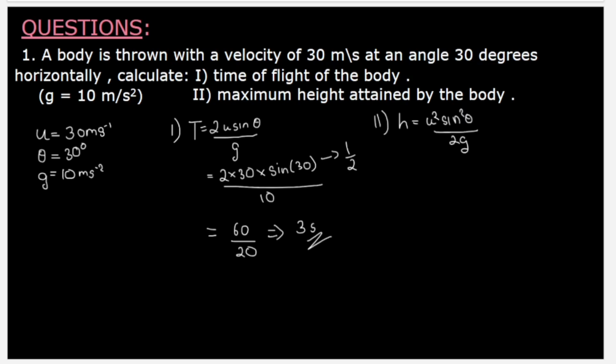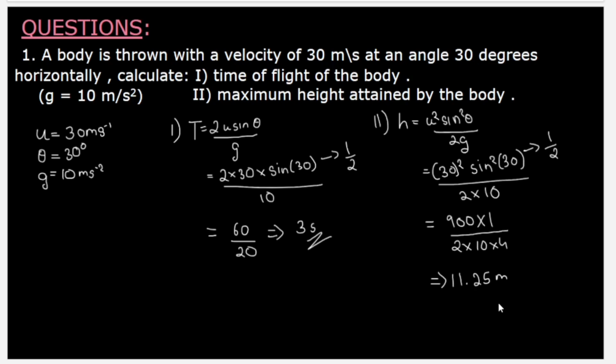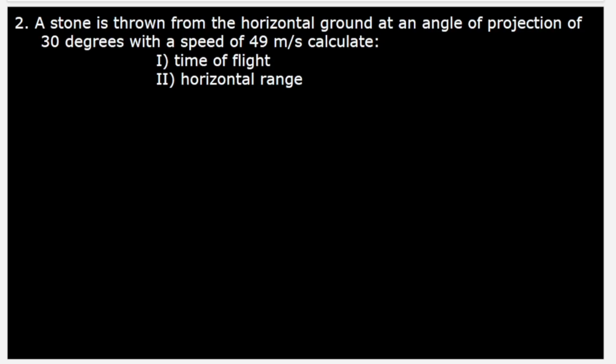The formula for maximum height is h is equal to u square sine square theta by 2g. Putting in the values and solving this we get 11.25 meters. Second question. A stone is thrown from the horizontal ground at an angle of projection of 30 degrees